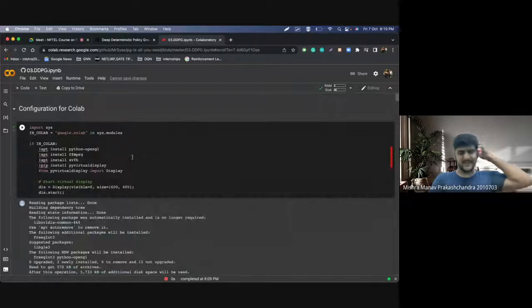I think last week I had shown a similar implementation for DQN for the pendulum problem. So maybe this can be used to compare the performance aspect for both these problems. The pendulum problem is a continuous action problem because the action is the torque which is between -2 and 2. And in the cartpole problem, it was a discrete action where the action was either to go left or go right.